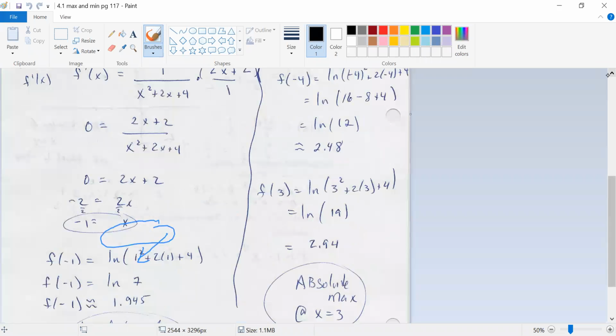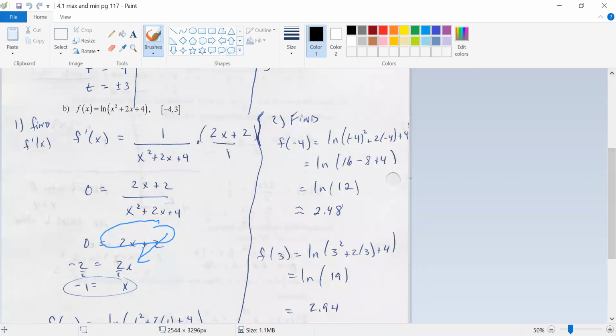Now, the only other thing you have to do is you have to check your endpoints. So your endpoints in this case are negative 4 and 3, respectively. If you plug in negative 4, your y value is 2.48. We'll make that one blue. So that's going to be in blue. And if you plug in 3, your value is going to be 2.94. So you have 3 values. You have 2.48, 2.94,